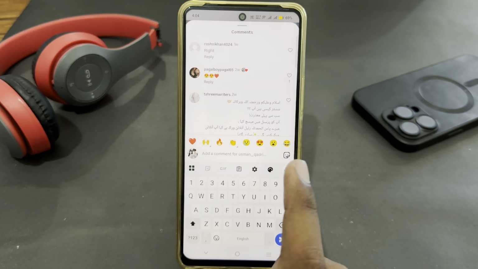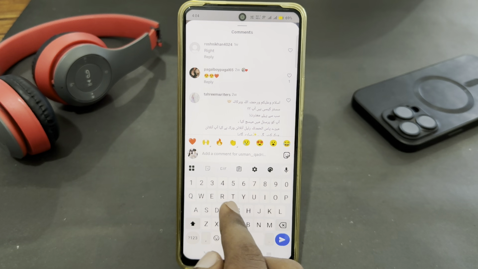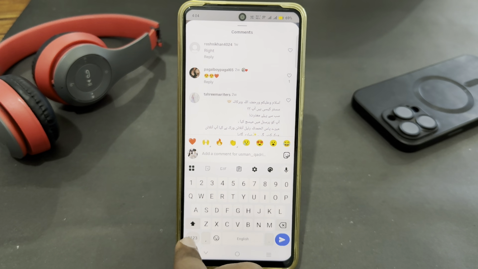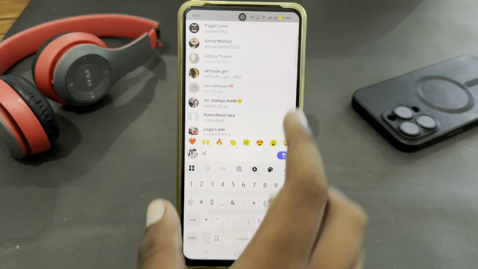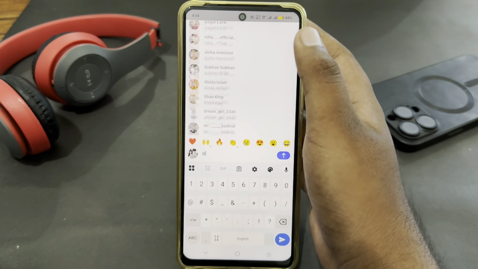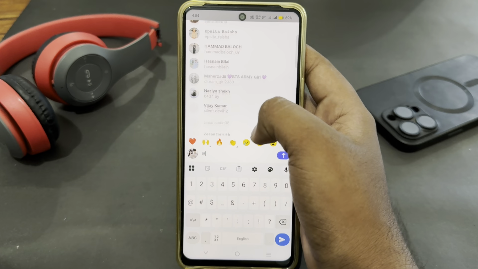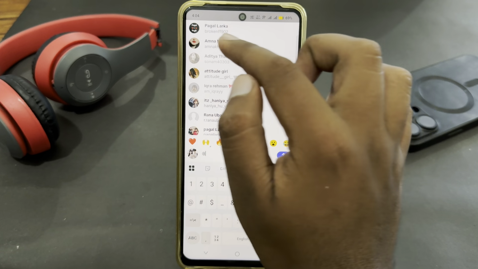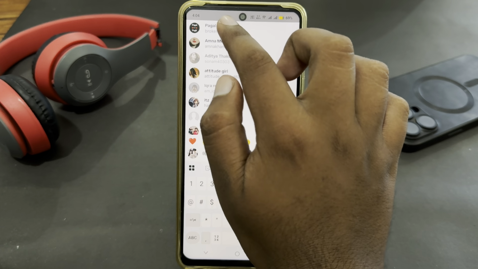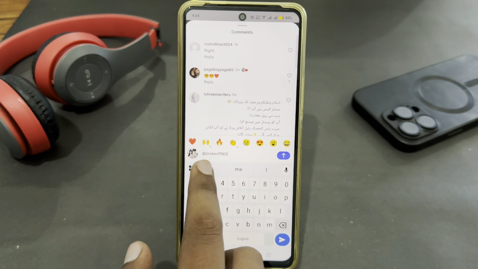section. In comments you just have to enter the username, but you can easily enter this at icon, and here you will get a pop-up of all of your friends. Here you have to select which one you want to mention or tag. As I'm going to select this one, just tap on it, and then you can see it has been